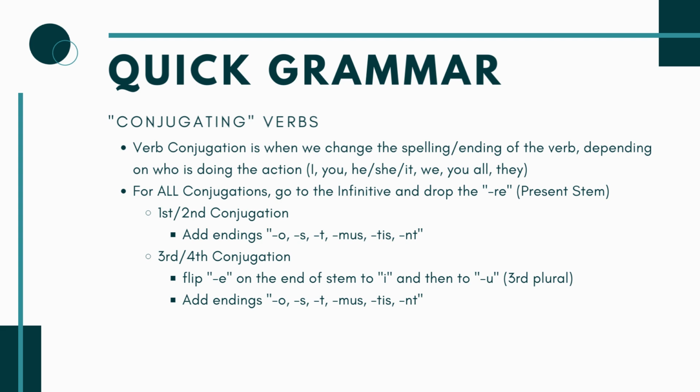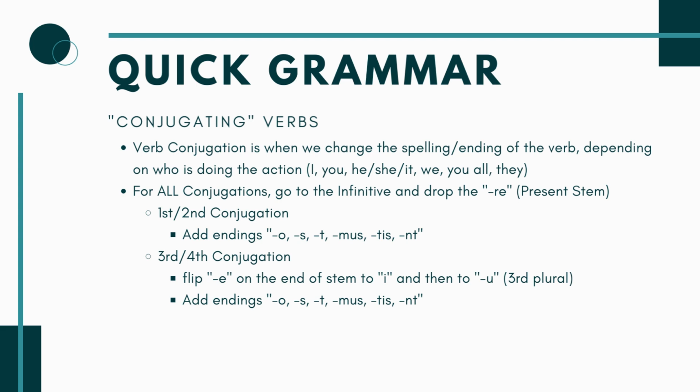So it's how you say I, you, he, she, it, we, you all, or they do something, right? In Latin, it's spelled a little bit differently depending on who's doing the action. So the process is pretty straightforward. When you're dealing with present tense, what we call active voice, the verb conjugation process is you go to the